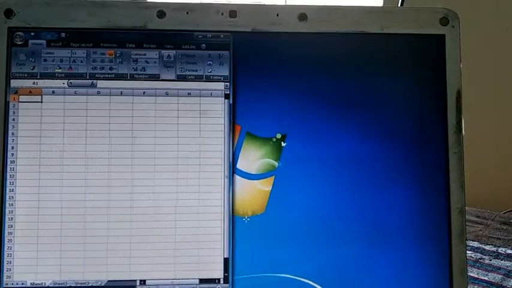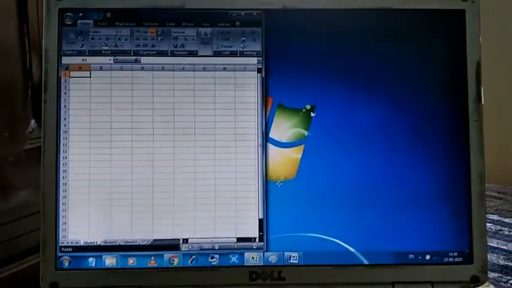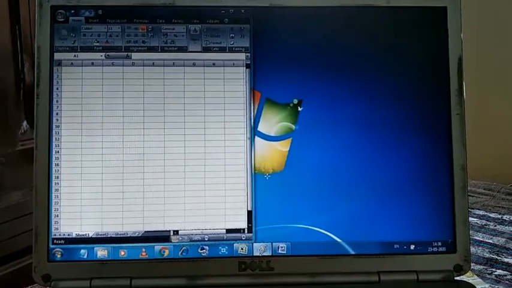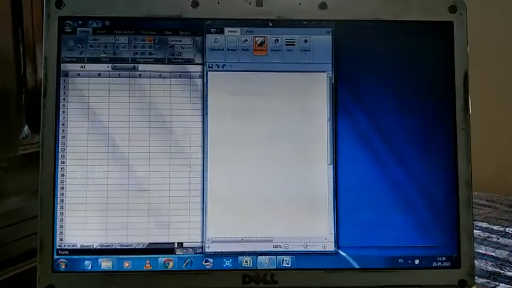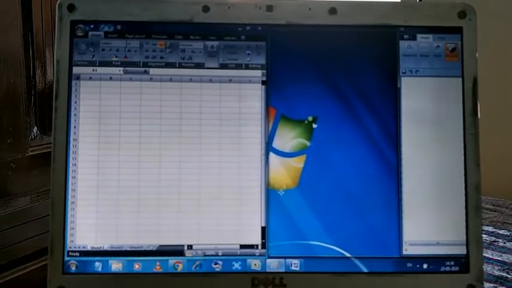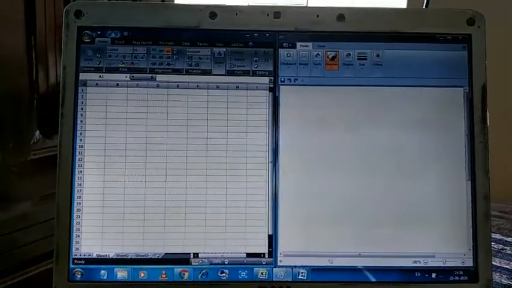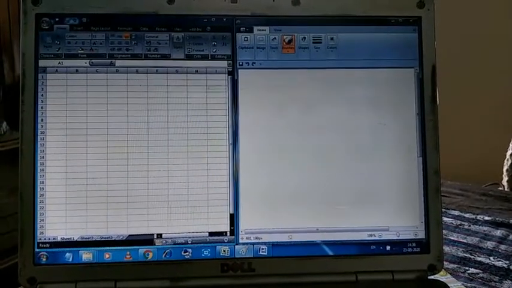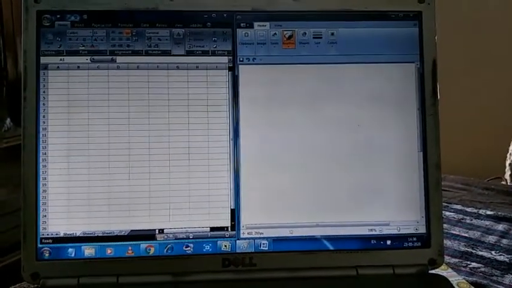Look, it will occupy half of the screen. Again open a second program and snap it to the right corner and release the mouse, then it will occupy the right half of the screen. That is the use of Aero Snap.